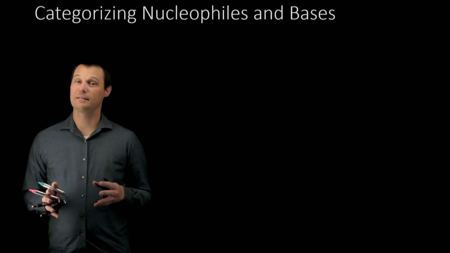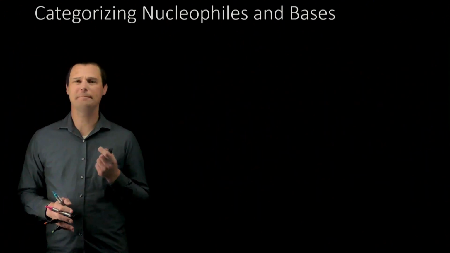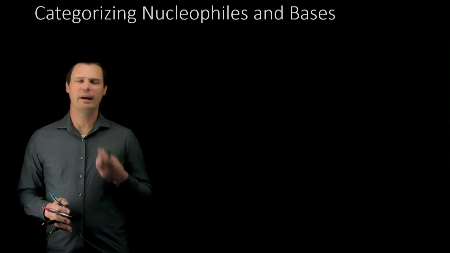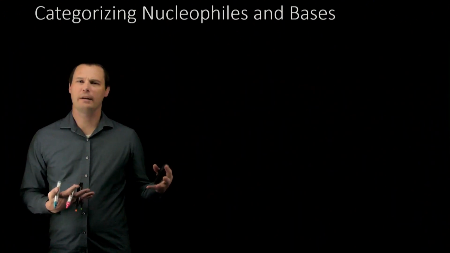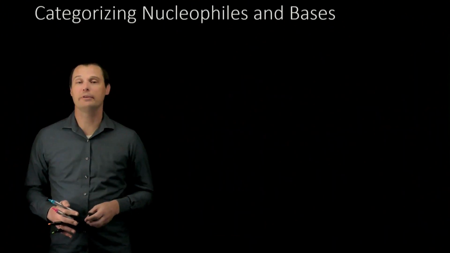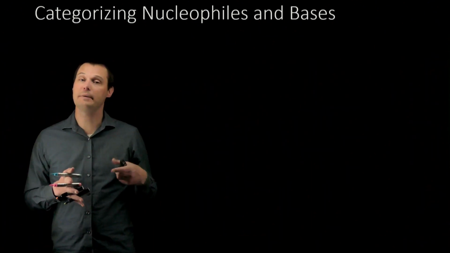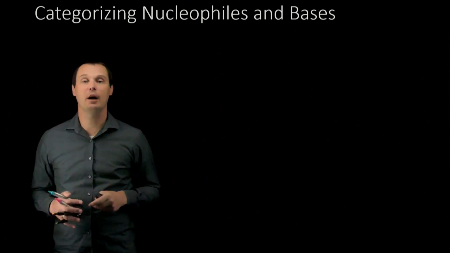There are a lot of reagents in organic chemistry. If you don't have some kind of organizational strategy, they're going to get overwhelming. You're not going to remember what reagent does what in what kind of reaction. Having a good organization strategy is a key to being a true OChem ninja. One of the ways you can do that is by going back through your notes and organizing all the nucleophiles and bases into various categories. I'm going to help you with that today.